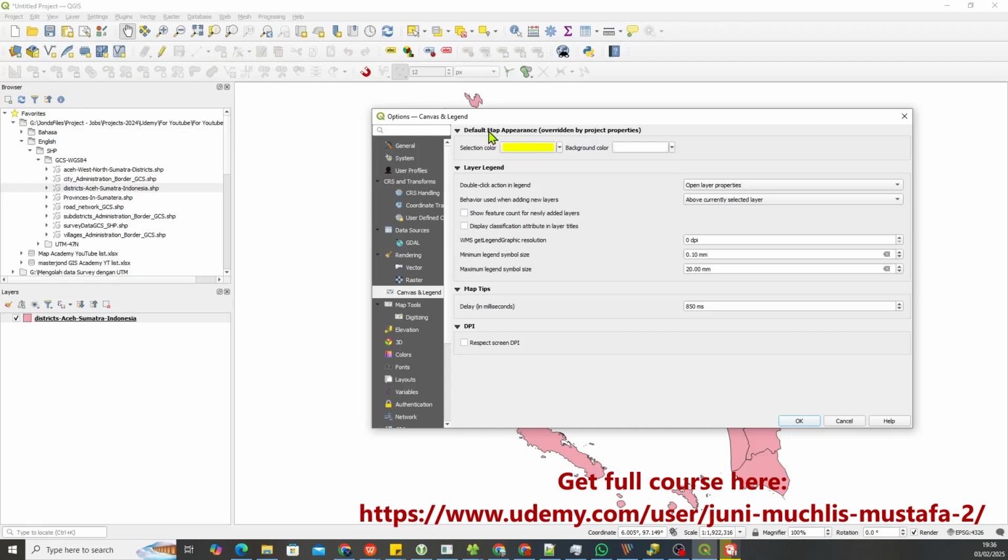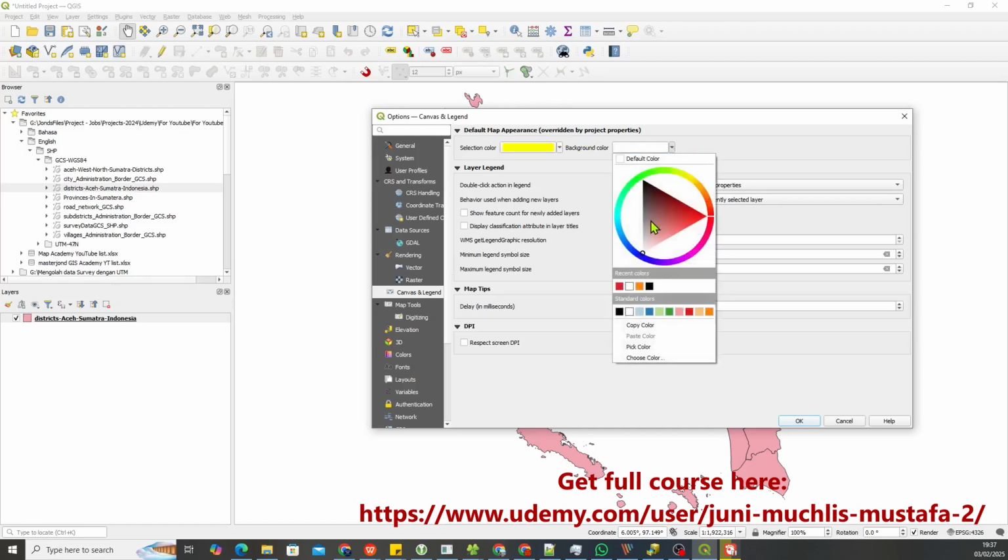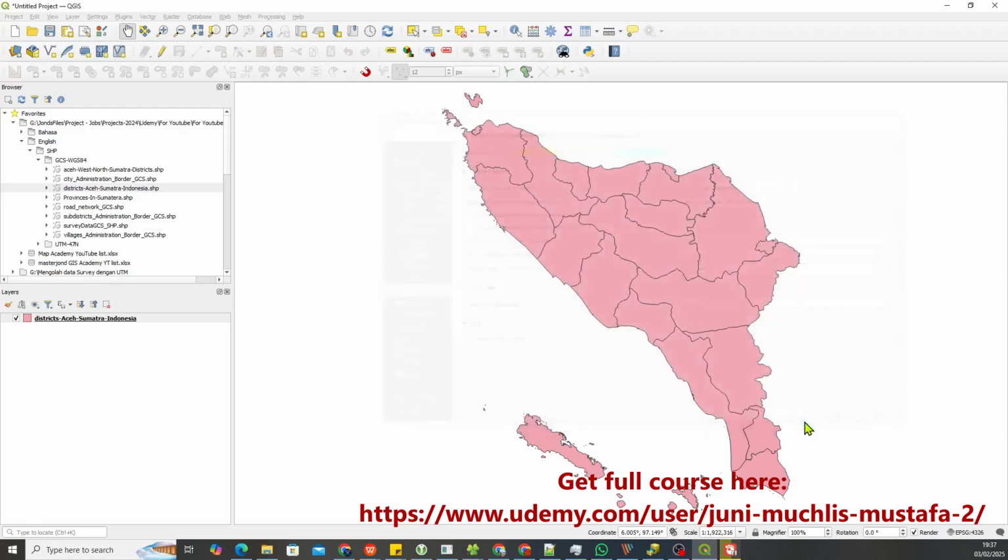This is the default appearance, but it's overridden by the project properties. It means when we change here, say to blue, here blue, and okay, it doesn't change anything. So let's see the project properties,